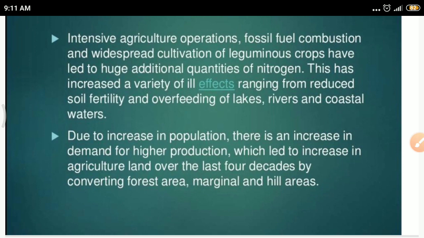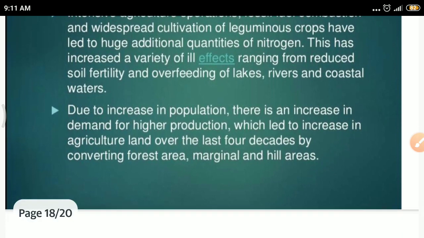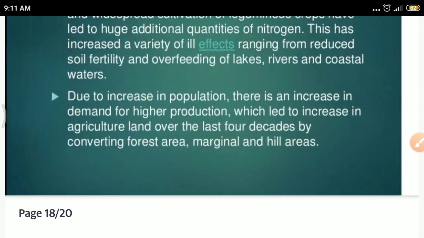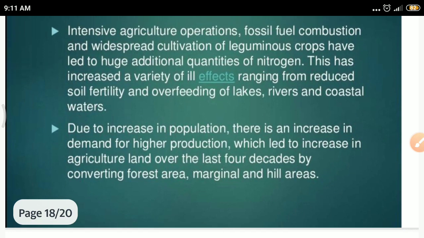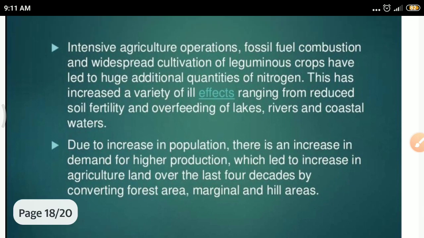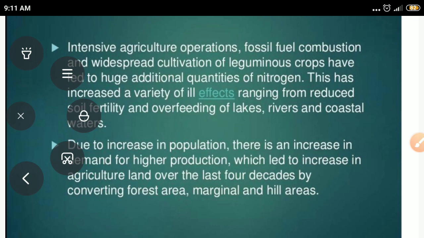Due to the overutilization of fertilizers, the increase in population and the increase in demand, to fulfill the demands of our growing population, there is tremendous use of fertilizers, pesticides, and several things which deteriorate the quality of the soil. In more detail, we'll discuss this point in our next few lectures. There is a separate lecture. So this is all about today's lecture, that is classification of the resources and the impact of these resources if we do not use them properly.